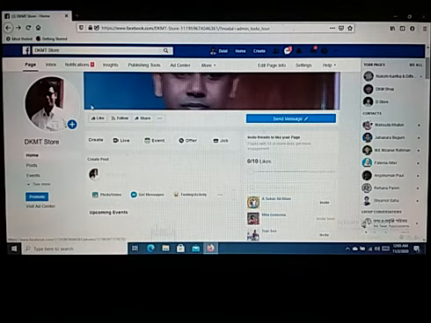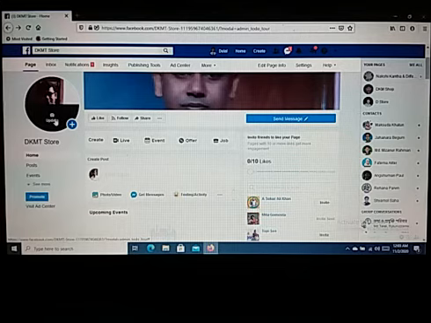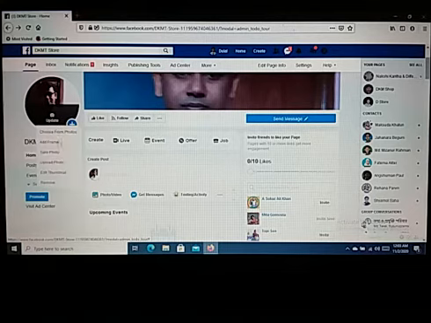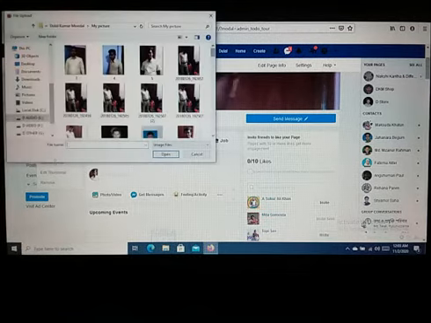Dear friends, if you want to update a logo of your business page, click on this option. Then you will see more options. From here you will have to click on upload photo. Now I have clicked on upload photo.